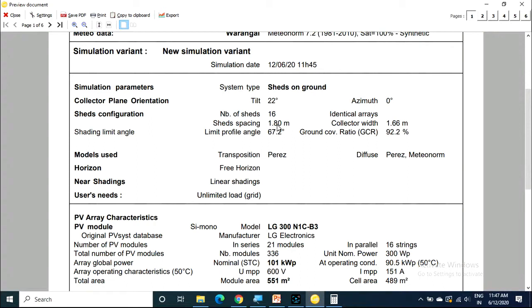This is the pitch, nothing but the pitch distance. And actually the collector solar panel width is 1.66. We are choosing more than that. Why? To avoid the interrow shading, right? Then the ground coverage ratio is 92.2 percentage. That means the module occupying ratio.